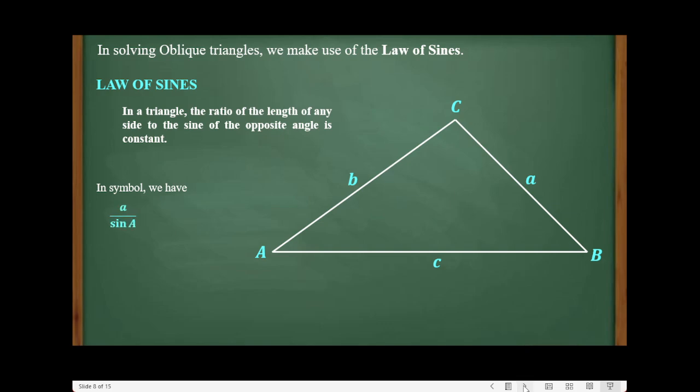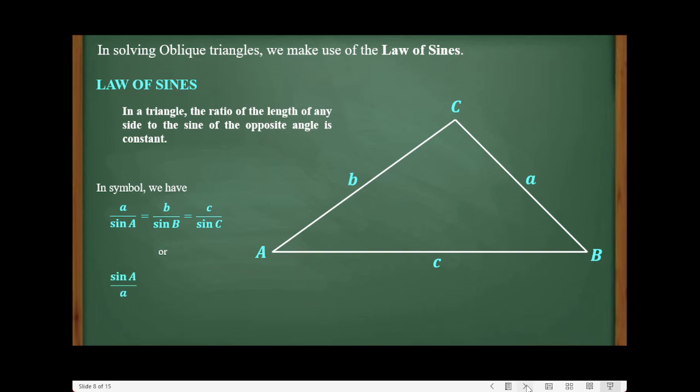statement. That is side small letter A over sine of angle A is equal to side small letter B over sine of angle B, which is also equal to side small letter C over sine of angle C. Or we can have this formula wherein the position of the numerators and denominators are interchanged. Therefore, we can consider also this mathematical statement as the law of sines,